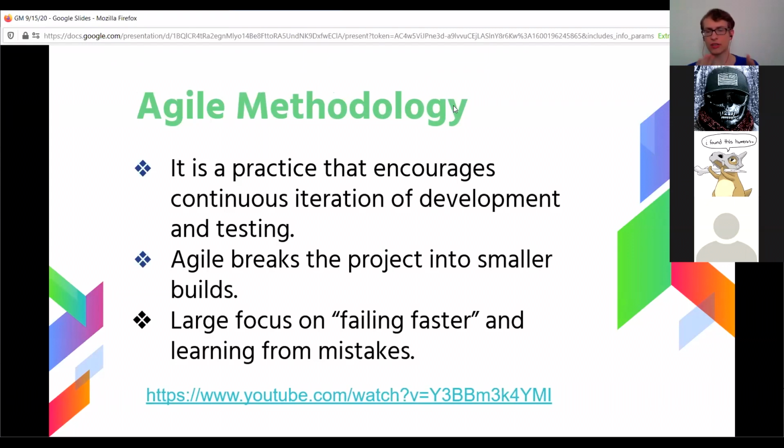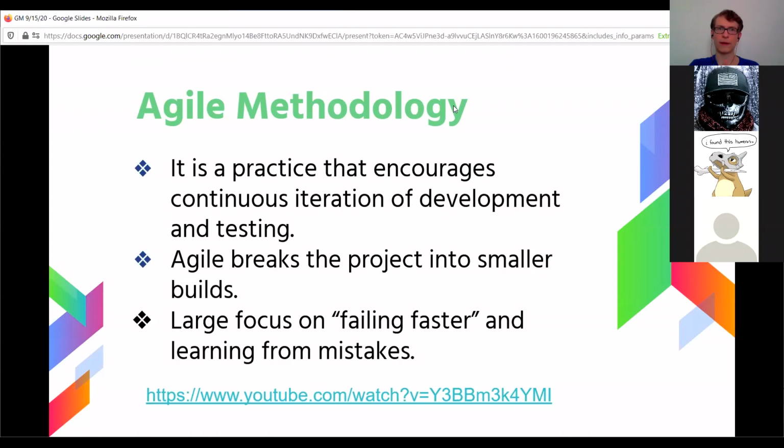But the Agile methodology is something that has come up in the software development space. It's essentially an approach that's focused on iterating and making version after version after version and testing those as you go. And it is very much a divide and conquer approach.